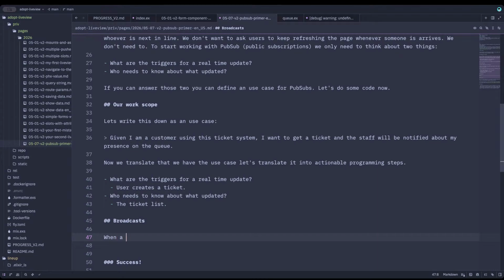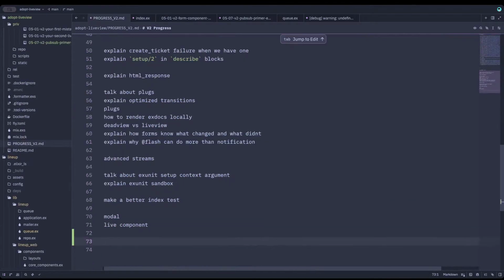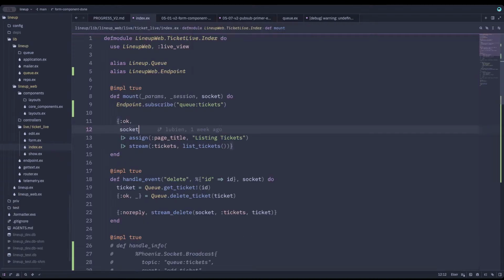When a PubSub needs to spread a message across, I don't know if I want to use the word subscribers right now, but that also makes me realize that I don't really talk about Elixir clusters. So explain Elixir clusters at some point. Oh, by the way,